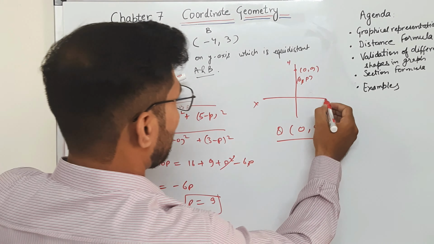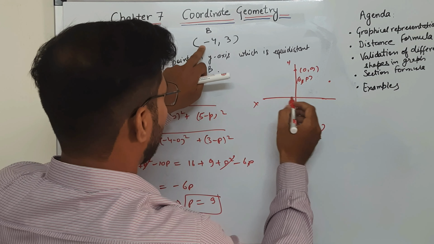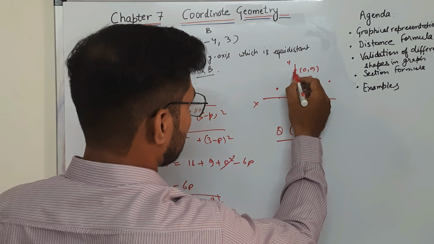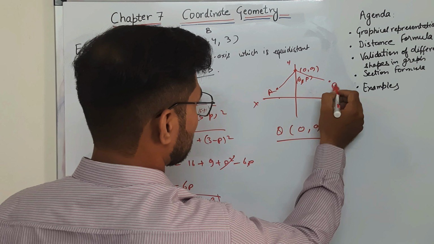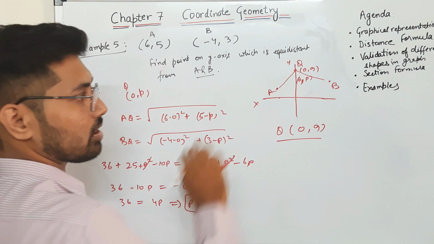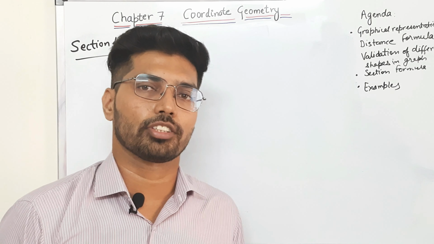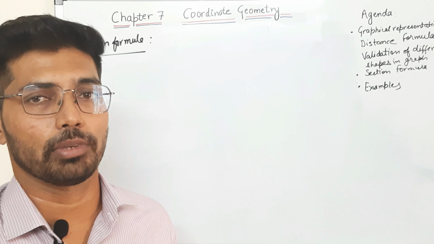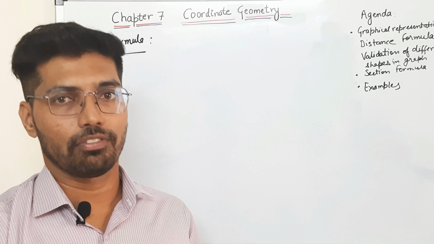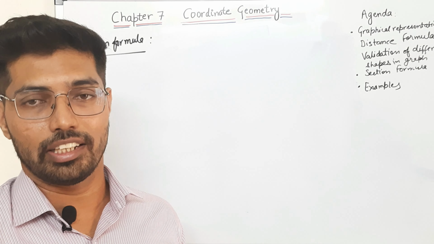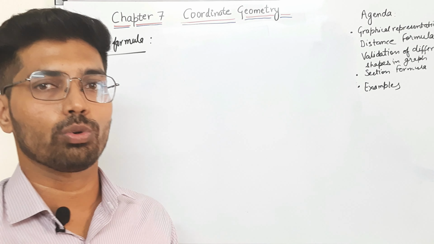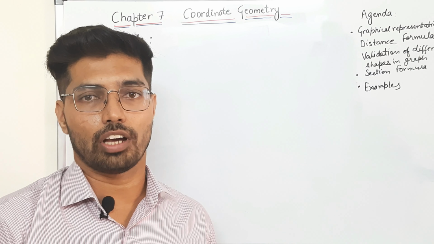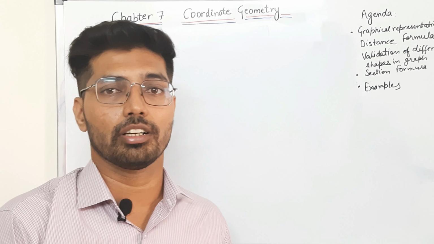So these 2 points, maybe write 6, 5 somewhere here, and minus 4, 3, which is somewhere here. So for example, this is A and this is B, and this is the point Q. So this distance is given by the section formula. What is the section formula? It says that if there is a line between 2 points A and B, and a third point P divides the line AB in some ratio m1 and m2, then how do we identify the coordinates of this point P? And if the points are given, then how do we calculate the ratio in which this point divides the line AB?